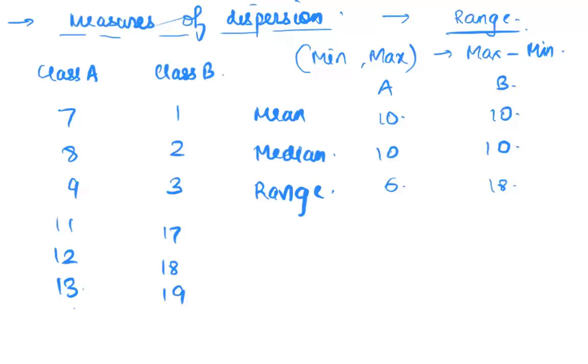Whereas if I've got a small range, then whatever central tendency measure I've gotten will be very close to what most of the people are. I can immediately start figuring that out. So this is my first measure, which is range. The second measure that we've gotten is the interquartile range, which is called IQR. For that, let's go over to the next page.